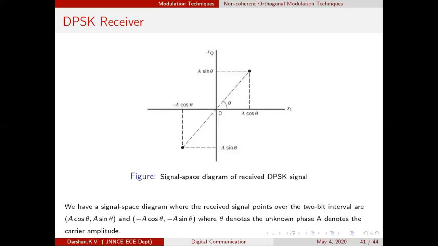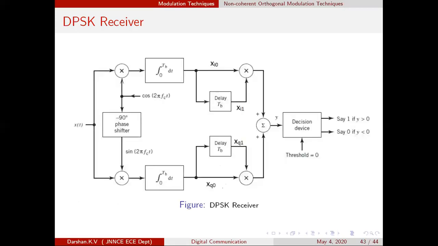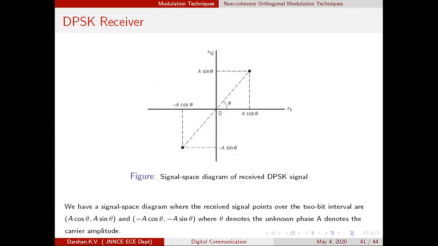Now, in that particular case, how do we design a receiver for a phase modulation technique? So this is the design. This is the receiver block diagram. Before getting into the block diagram, if you know the associated concepts, then analyzing that block diagram would be much easier. So therefore, we will first concentrate on this particular diagram.